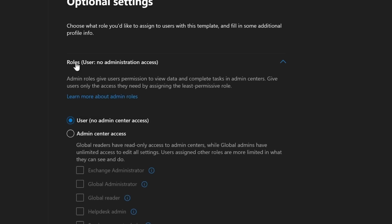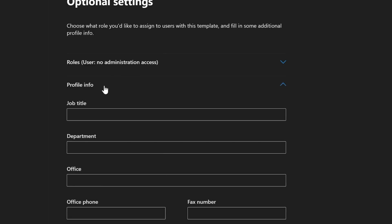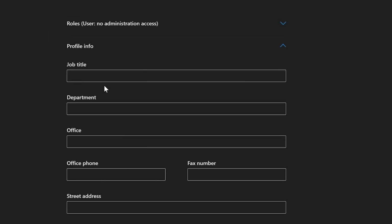And since it's just a regular user, if we expand roles, we're just going to leave it at regular user. We're not going to give him admin; the template is not called admin template. It's called user. So we're going to leave it at that. Profile info. And then we can do this here to save us time, right? Remember, this is the whole point of a template. We're going to say department, and we're going to call it